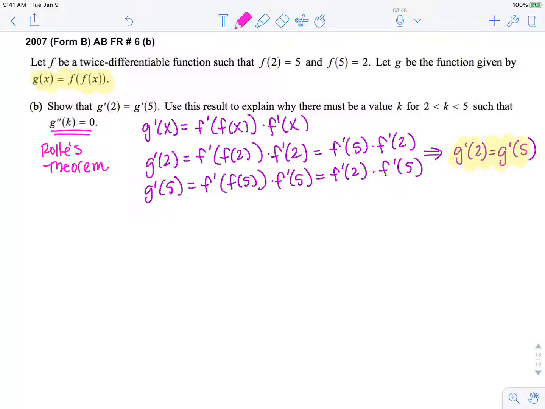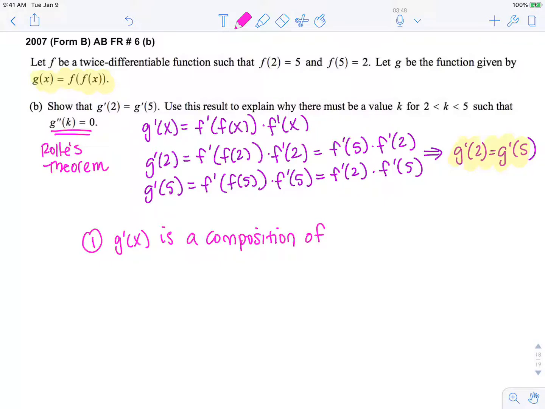So remember, there are 3 parts to Rolle's theorem. The first part is to show that your function is continuous. How do we know that g prime of x is continuous? Because notice we want g double prime of x. So we know g prime of x is a composition